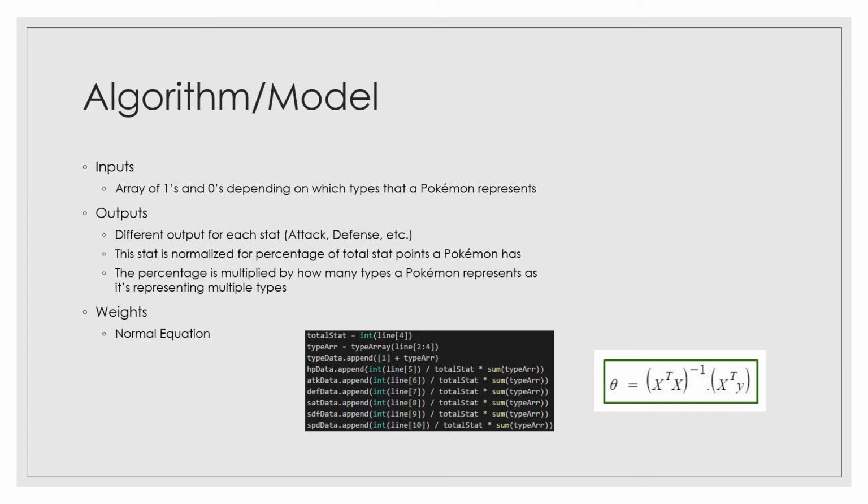To represent the output, I needed to separate my work into 6 different calculations, one for each stat, so that I'm only using one output value in each calculation. This output value was normalized relative to the total stat number of that Pokemon to give a percentage. This is to remove bias from legendary Pokemon, higher evolution Pokemon, or just generally stronger Pokemon. This percentage was then multiplied by the amount of types that the Pokemon represented. This is so that each type is represented equally. For the actual calculation of the weights, I simply used the normal equation algorithm that was used in the first